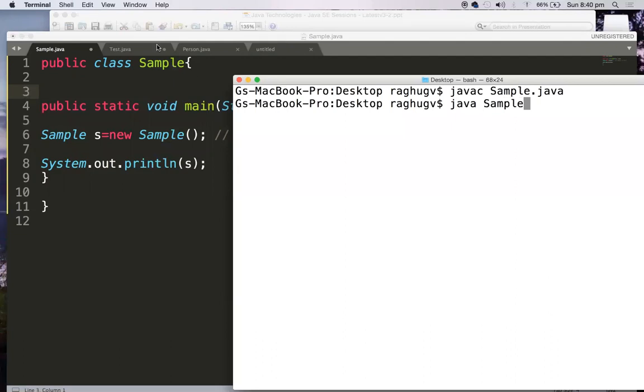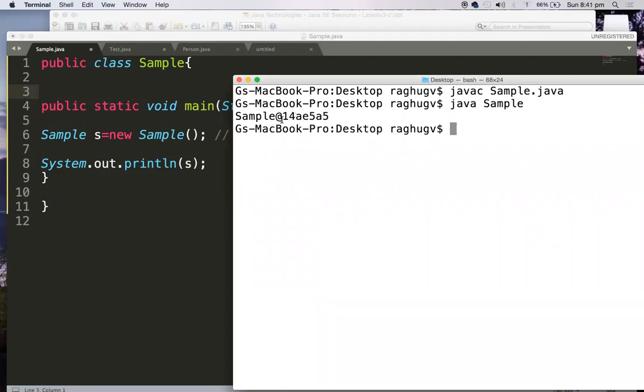So you are creating an object of Sample. Of course that Sample has no data. This object has no data because there are no instance members. The constructor just constructs with no data and returns the reference, and I would like to print this reference variable. So some reference will get printed, so the output will be Sample at the rate some numeric value. Let's see here, Sample@14AE5A5.